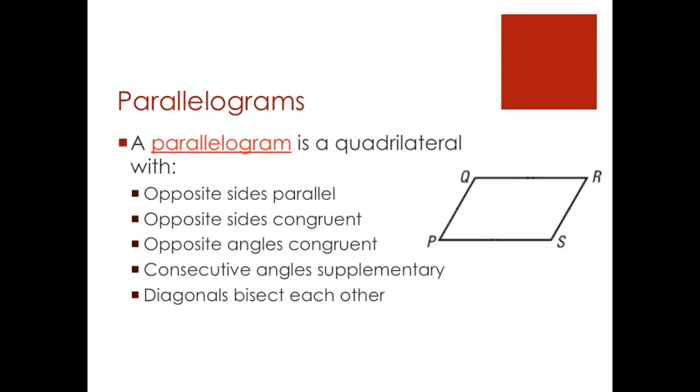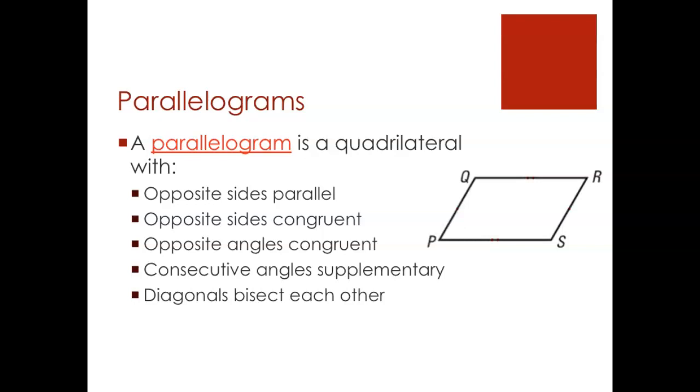So taking a look at the parallelogram on the right here, opposite sides are parallel, so PQ and SR are parallel to each other, so are QR and PS. Those sides not only are parallel, but they're also congruent to each other. Opposite angles are congruent, so angle P and angle R, those two are congruent to each other, as are angle